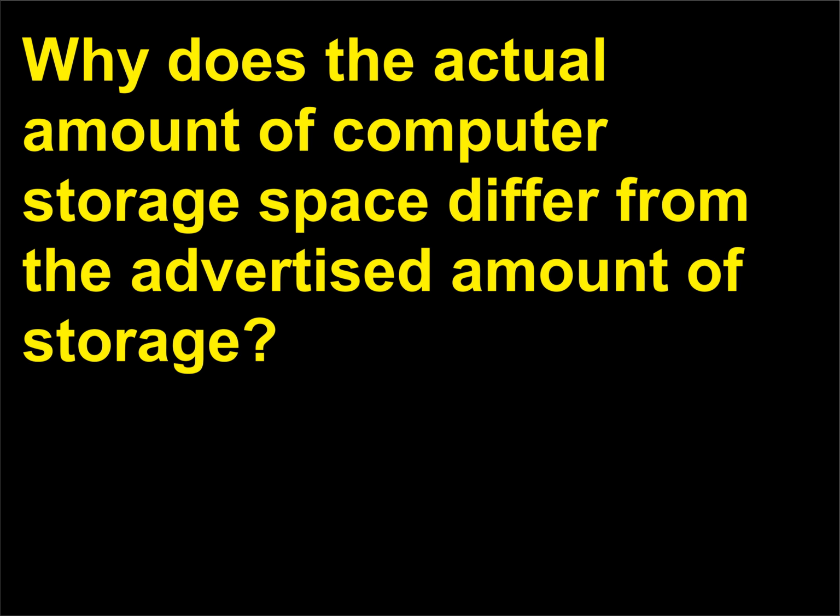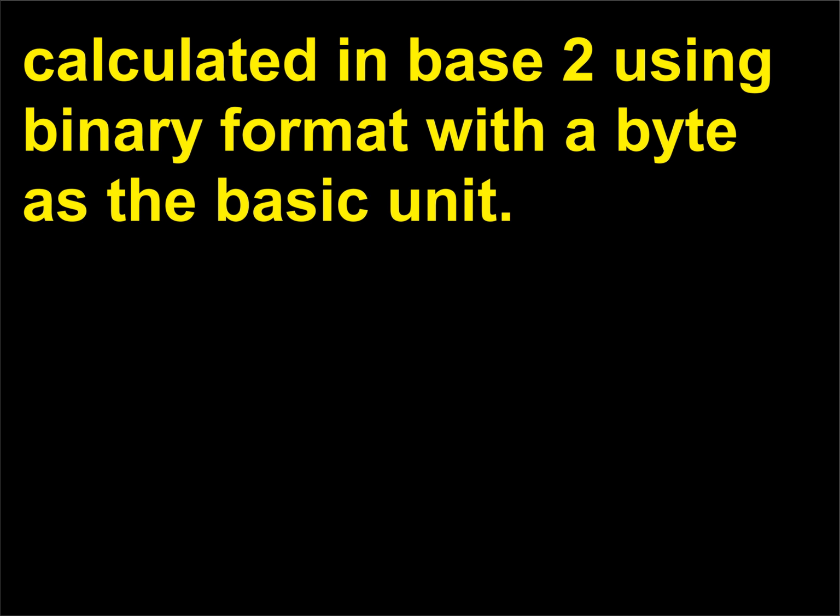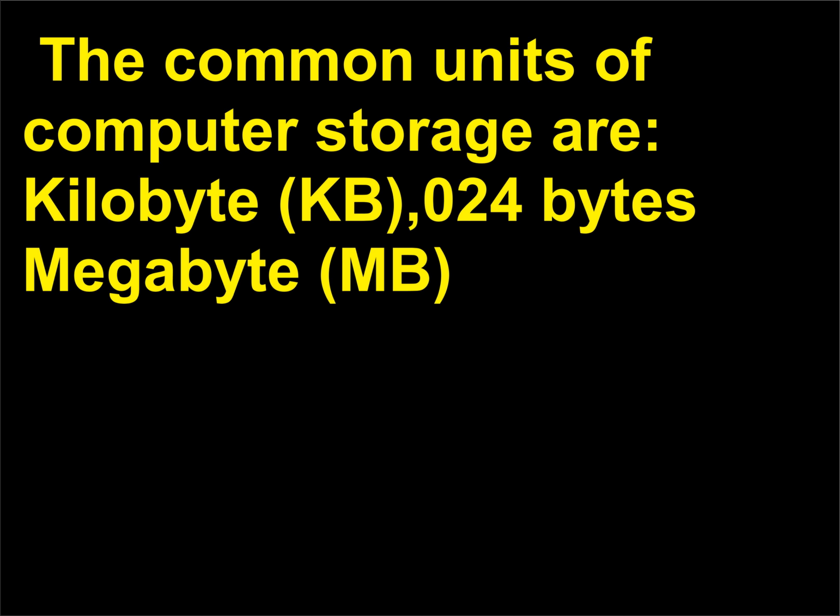Why does the actual amount of computer storage space differ from the advertised amount of storage? Computer storage space for hard drives and other storage media is calculated in base 2 using binary format with a byte as the basic unit. The common units of computer storage are kilobyte, KB, 1024 bytes; megabyte, MB,